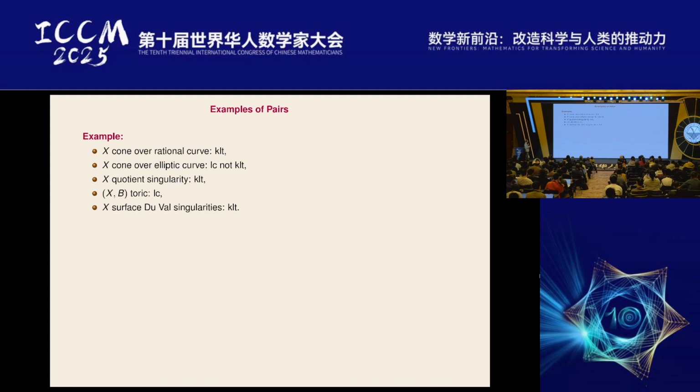If you take X to be the cone over a rational curve, then it's well known that you get KLT singularities. But if you change the rational curve to an elliptic curve, the cone over an elliptic curve is not KLT anymore, it is log canonical. So this is, again, a basic, more or less elementary example, but it already contains a really fundamental,